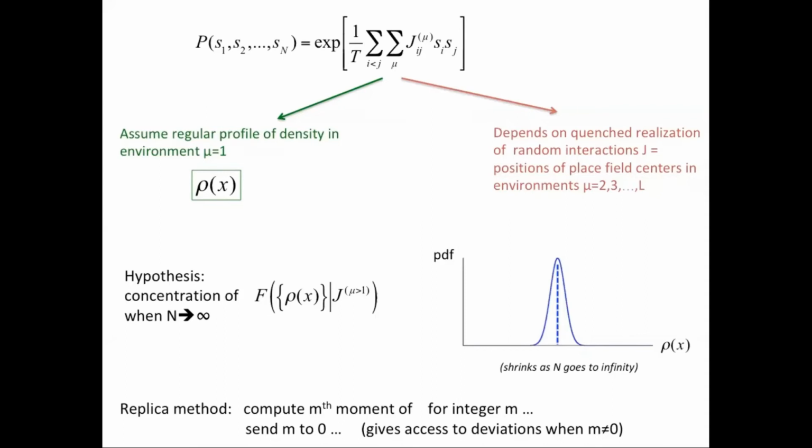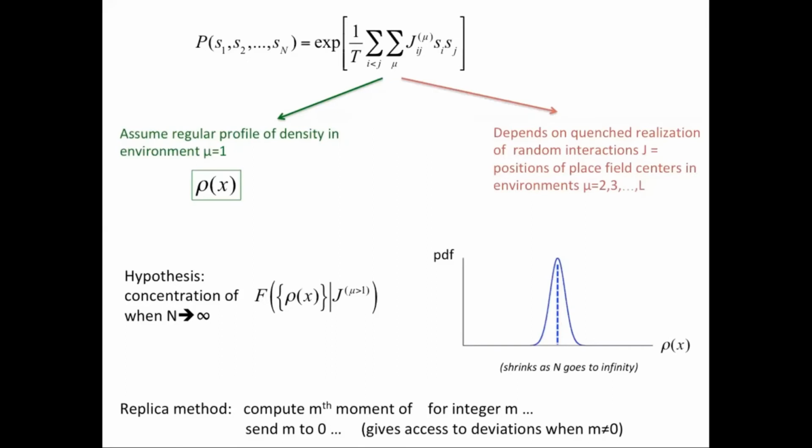Then the other environments, mu equal 2, 3, and so on up to L, will in some way create some kind of perturbation to this nice smooth activity profile in the environment mu equal 1. And that is due to the contributions J2, J3, and so on up to JL, where J mu are the connectivity matrices due to environment mu. So they will create some kind of interference with environment 1, which leads to this spin glass frustration